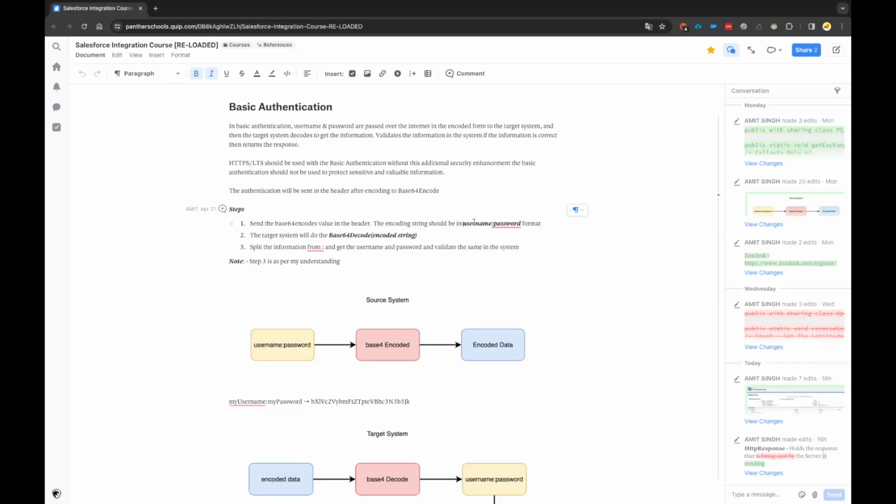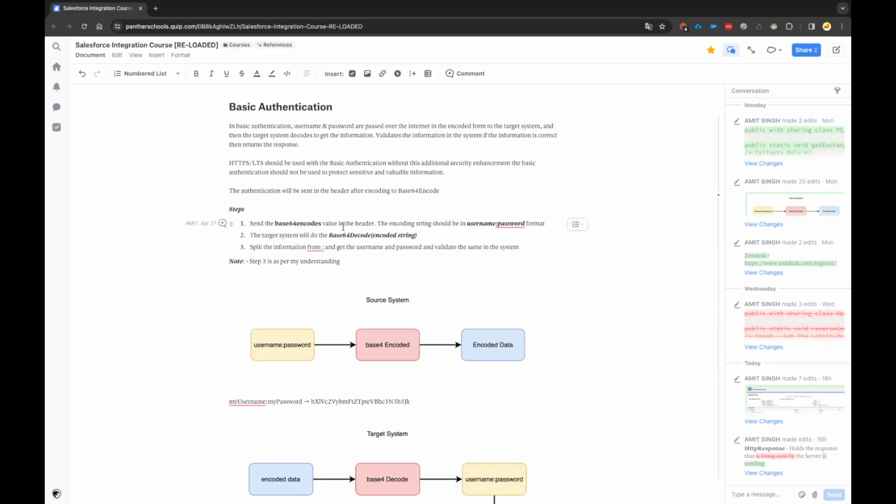This will be your string, where username is your actual username and password is your actual password. Then this whole string has to be encoded into base64 format, and then it has to be sent as part of the authorization